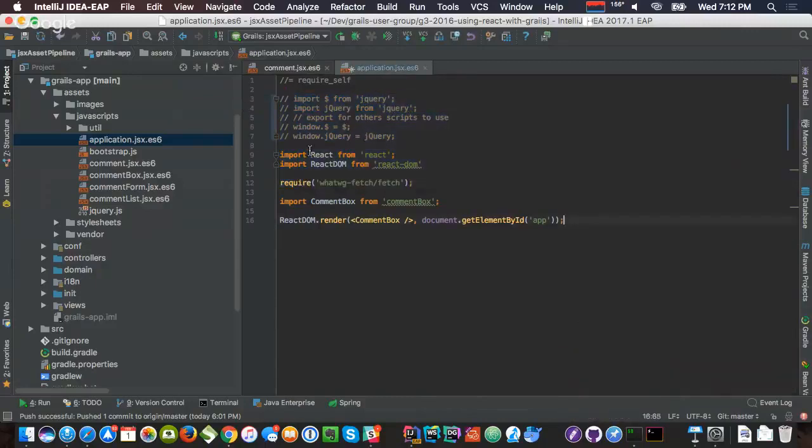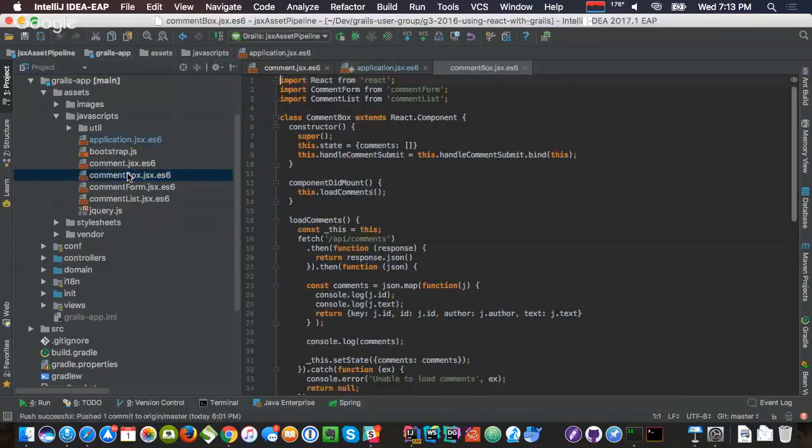So we're importing React DOM, requiring fetch because I didn't use an import for that for some reason, importing our comment box, and that's our top-level component. If I go ahead and open up that file, so here is